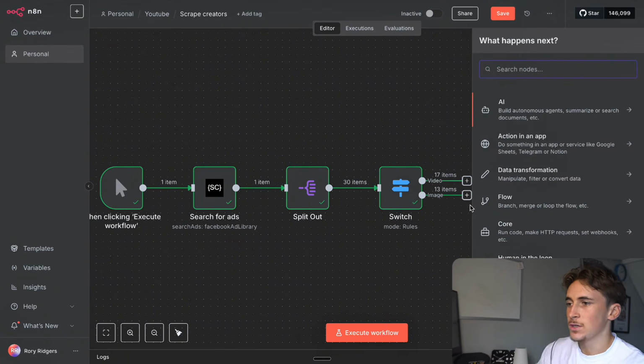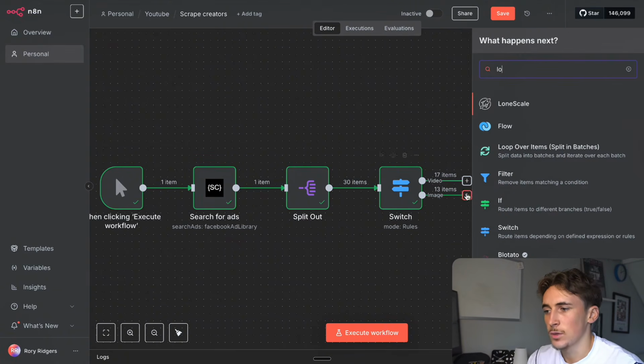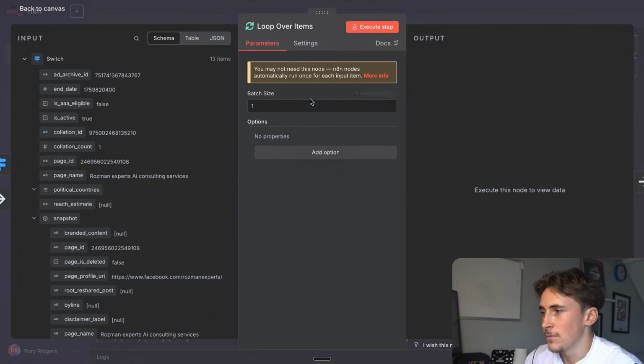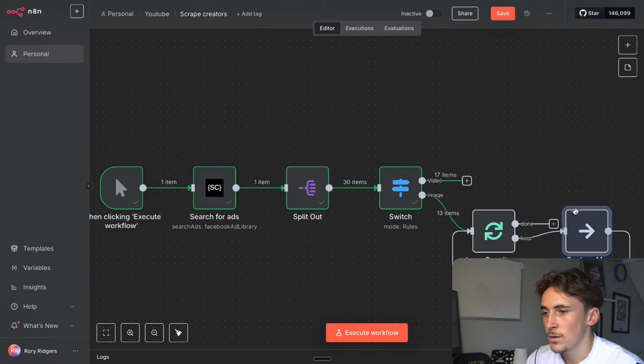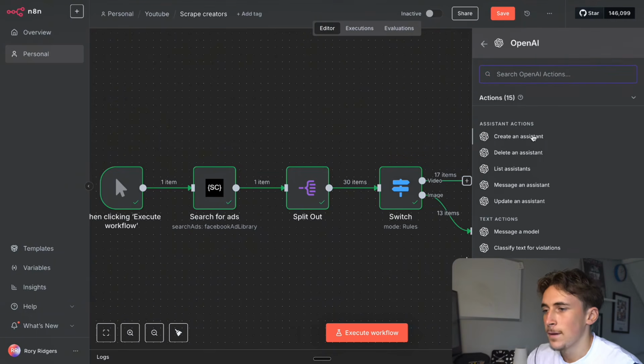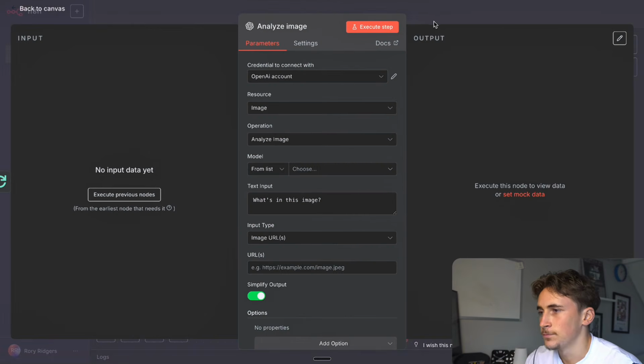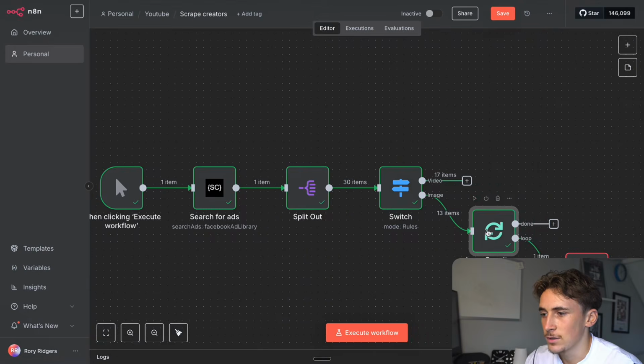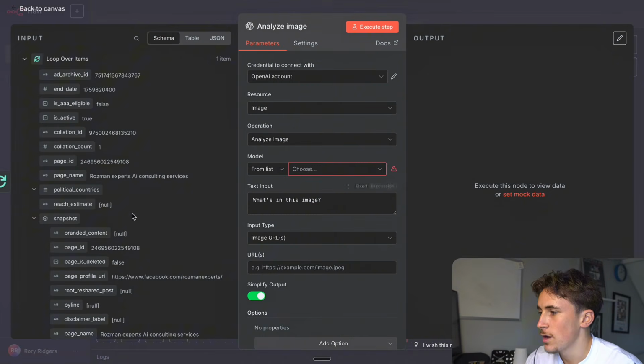So if we start with image, we're going to do a loop over items. So we're going to loop over, there's 13 that's come through. We're going to loop over each of them individually. So set the batch size to 1, get rid of all of this stuff here. And then we can go OpenAI and then we can analyze image. Okay, cool. So if we quickly execute this node here to get some information through,